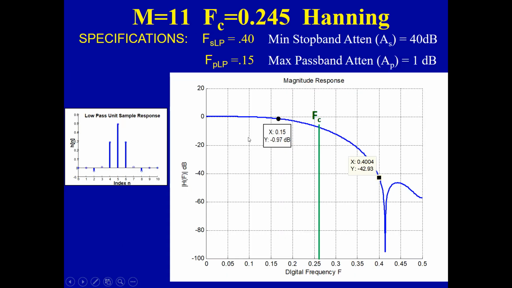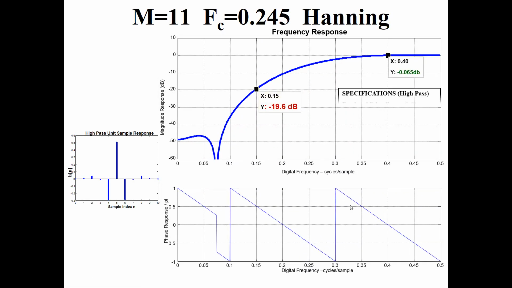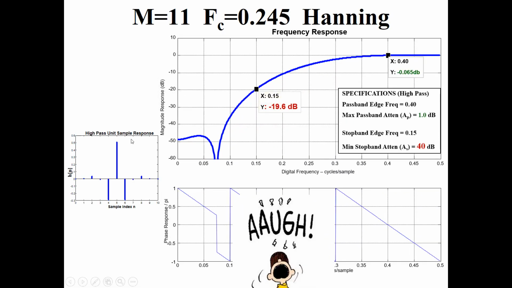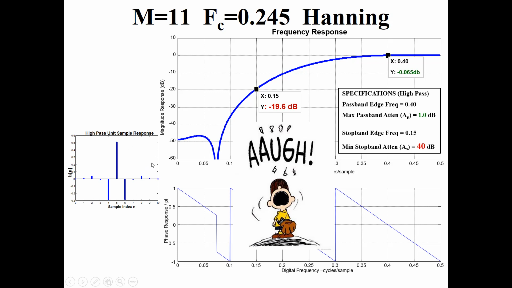Now if we were to analyze the frequency response of our filter, the low pass version of this filter with a length of 5 and cutoff frequency of 0.245 looked like this. Looked like it met all the specs. But when we do look at the high pass filter version and find the frequency response of this function, we